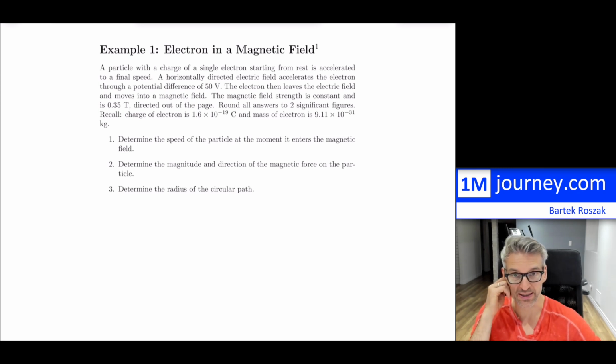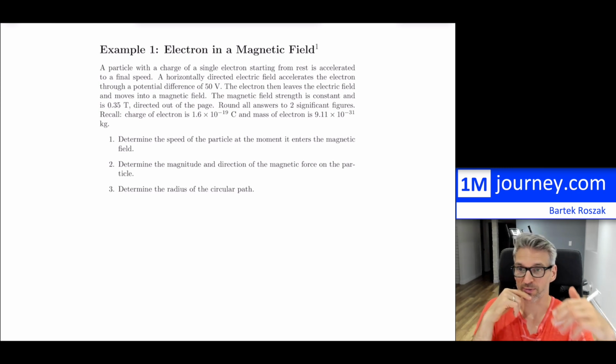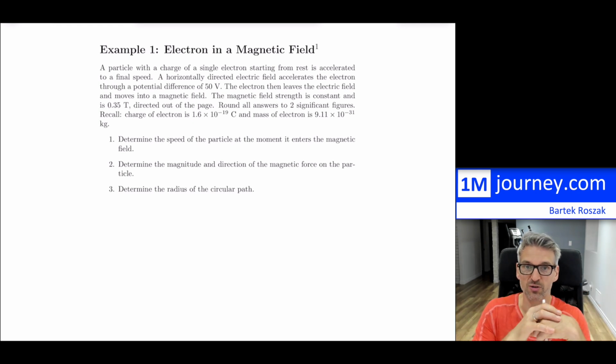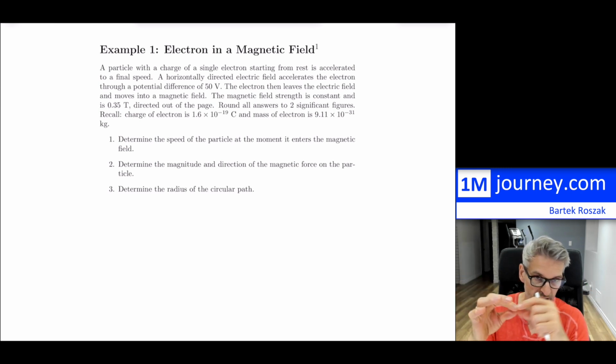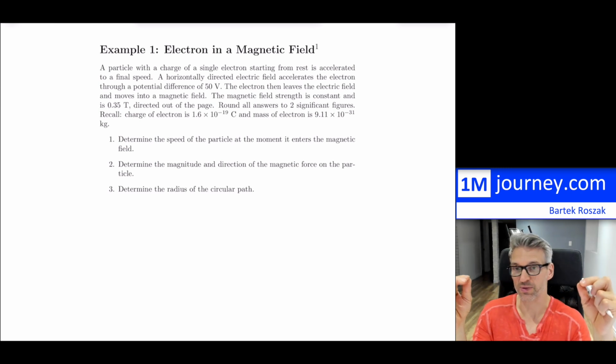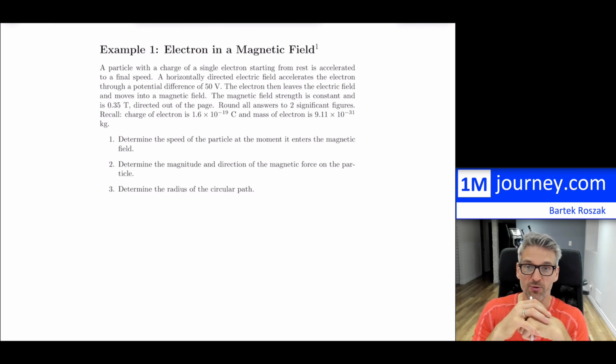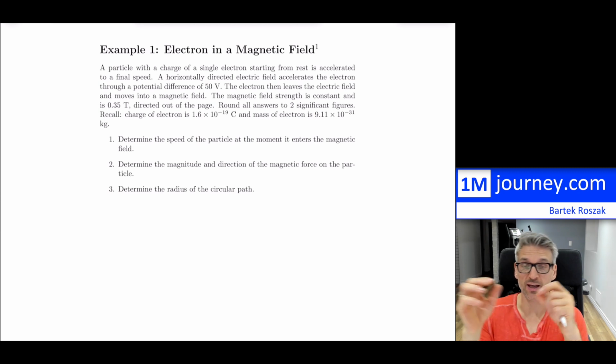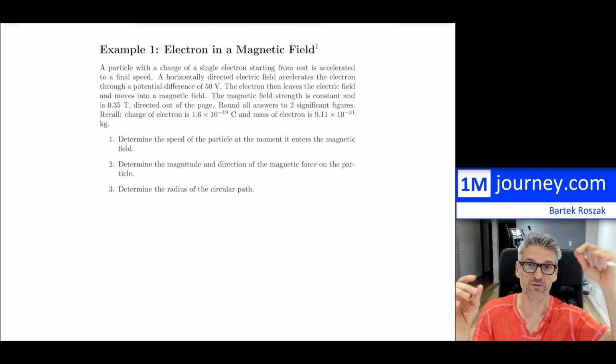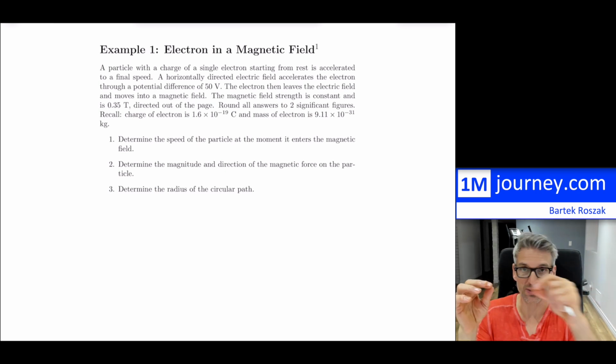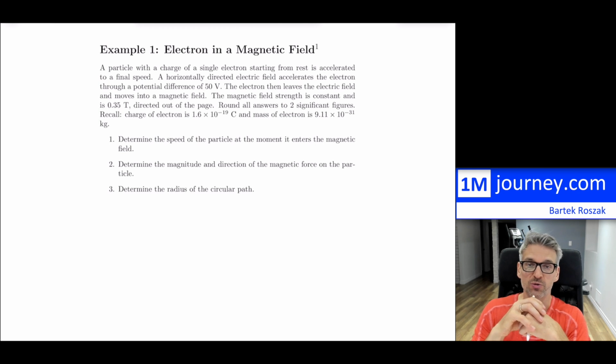It's an electron in a magnetic field. So if there's a particle with a charge, basically just a single electron, and it's being accelerated, and there's a final speed. So it goes in, let's imagine horizontally, so that it's being accelerated. Now it's being accelerated through an electric field. So that brings back the concept of electric field, and here is a potential difference of 50 volts that we have. So we can bring out from the potential difference the actual potential, right? So the amount of energy that this electron would have,